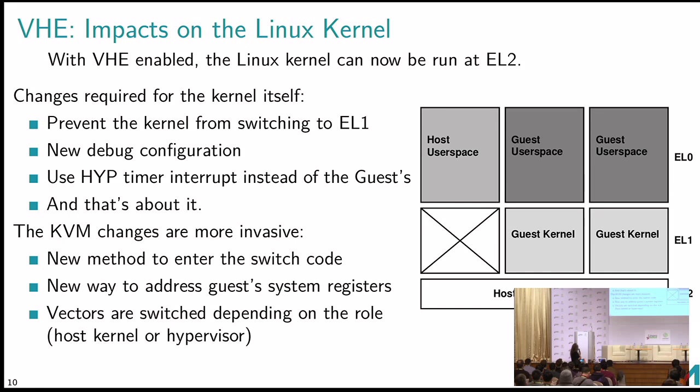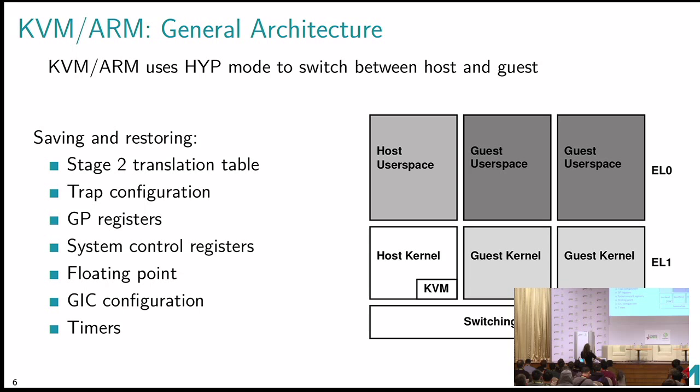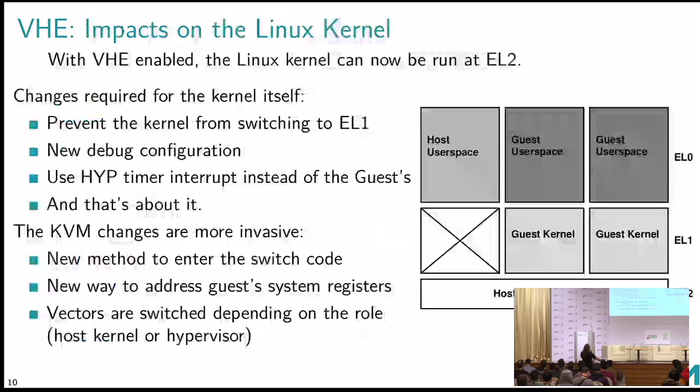So, for the kernel itself, if you remember, I'll go back a bit, it looked like this with v8. So we see the host kernel at EL1. If we go back here, the kernel has moved to EL2. On the left side, we don't have anything running at EL1. There's really a no man's land here. User space is where it should be. And the guest is exactly like we had before. Nothing's changed.